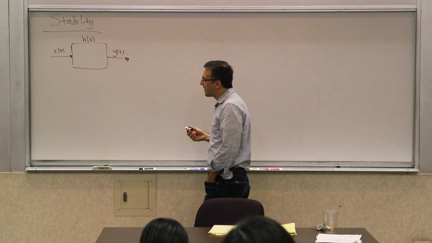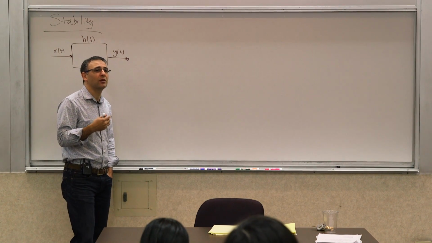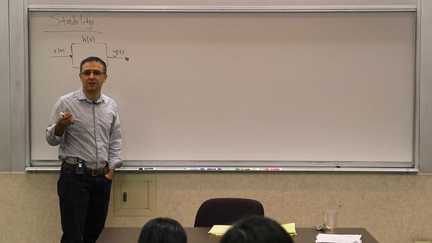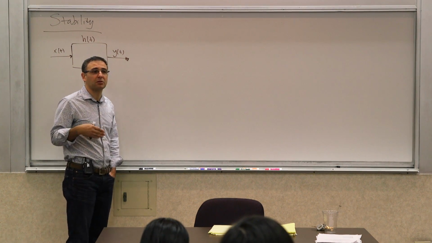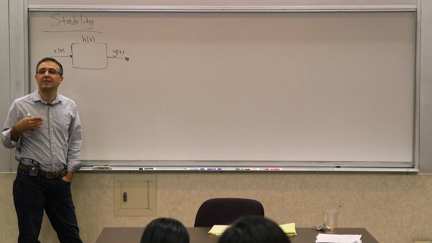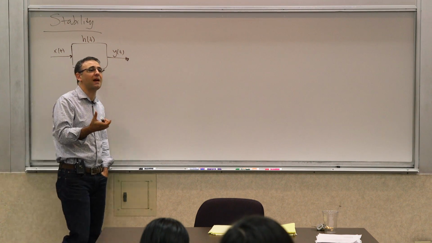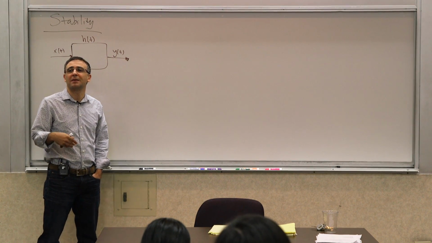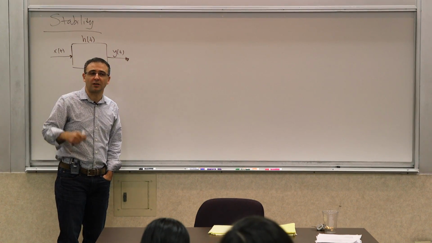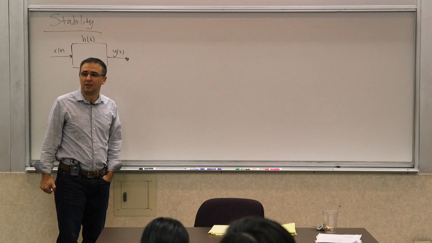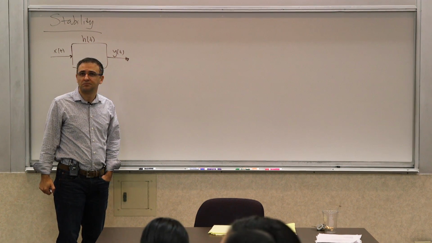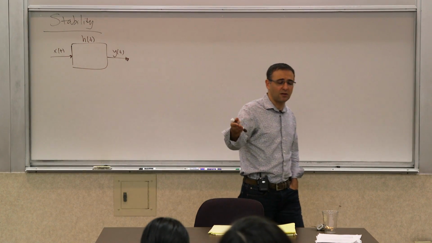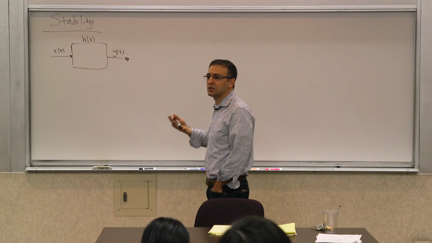So the question is, what do we mean by stability? Can you think of a measure of stability when you talk about it? What does it mean for a system to be stable or unstable? Can we say something in terms of the behavior you expect from its impulse response? Can you think of something that you would say about its impulse response to determine whether or not it's stable? Yeah. If the impulse response ultimately converges to zero,